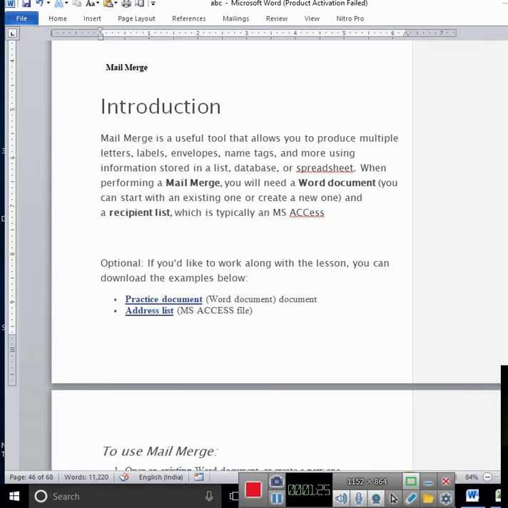The matter which is common we can keep in one separate file, and the name and address details we can maintain in another separate file. We'll merge these two files and send all the invitations to whatever recipients or friends we want. So this process is called mail merge.